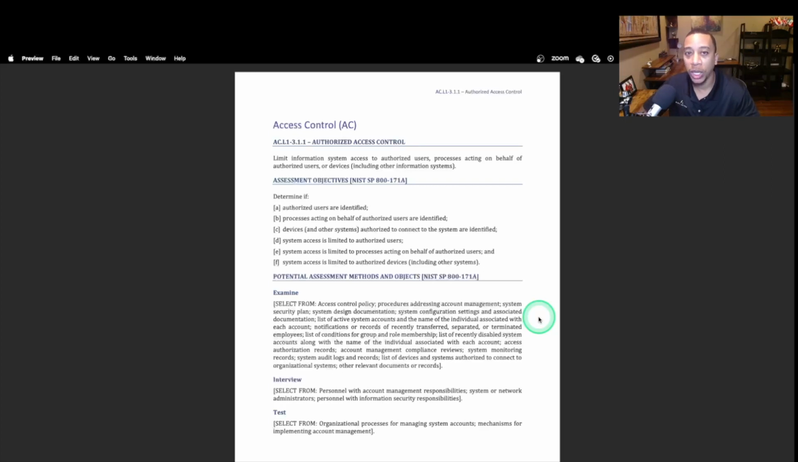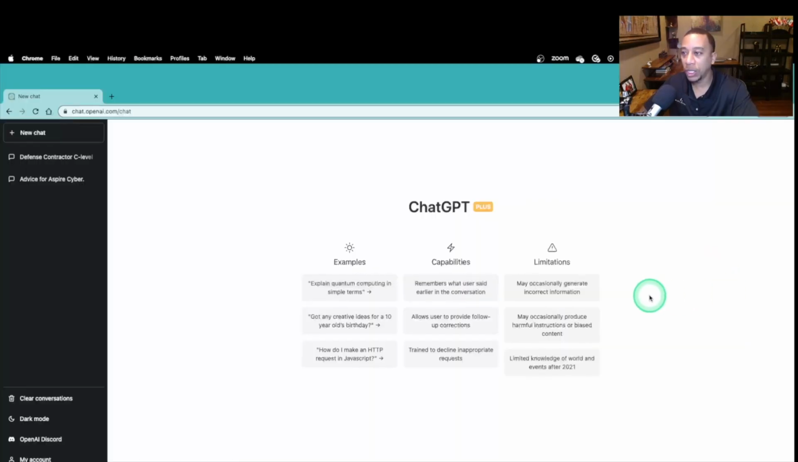And this is where we're going to leverage ChatGPT to help us figure out all this technical jargon. We just need to know, okay, what do we need to implement for our organization to satisfy CMMC Level 1? Let's get started. All right, so if this is your first time using ChatGPT, this is going to be the